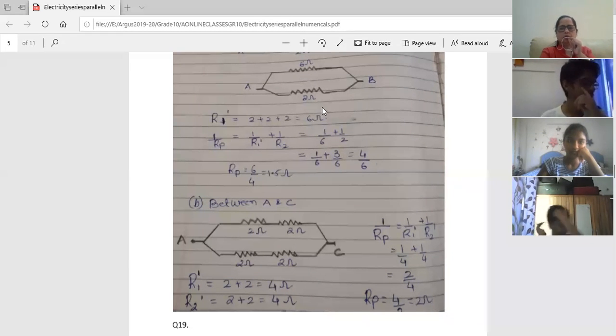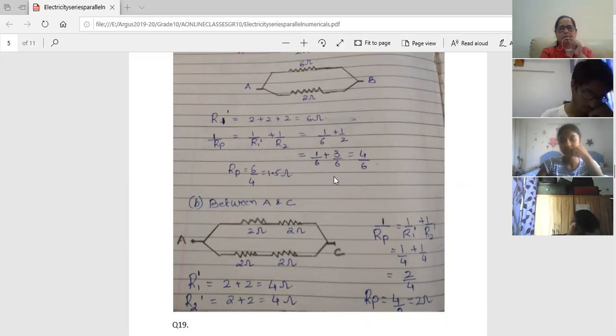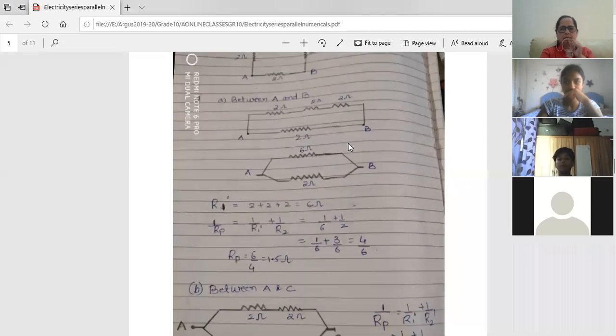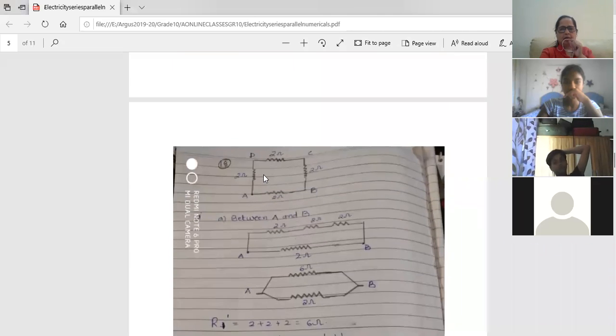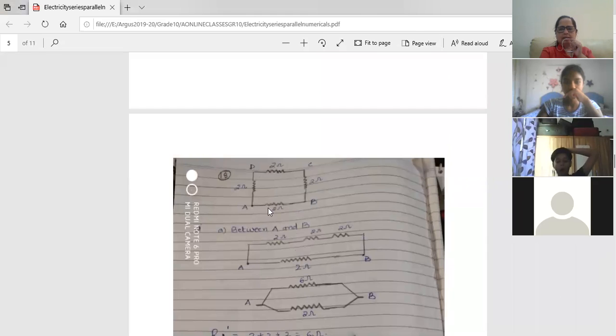Okay, fine. So this is the net resistance between A and B. Now see the next thing. You have to find the resistance between A and C. Now children, try to understand the second part. See, can you see this? Now we found the resistance between A and B. Now you don't have to find the resistance between A and B, but you have to find between A and C. Now these two are the points. Now if these two are the points, what you can do is, these two resistances are on top and these two are below. Can you see it? Okay, the top, these two are on top and these two are below.